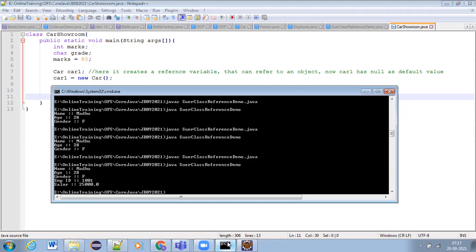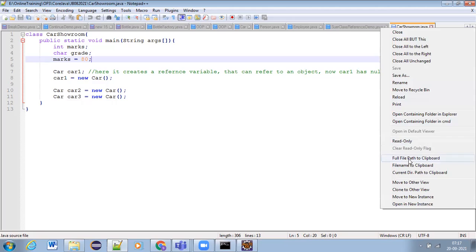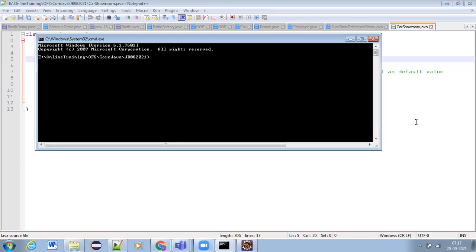Now we need to set the path, right? Set path equals to, till where do we need to set the path? See, the bin folder: program files, Java, JDK, bin.